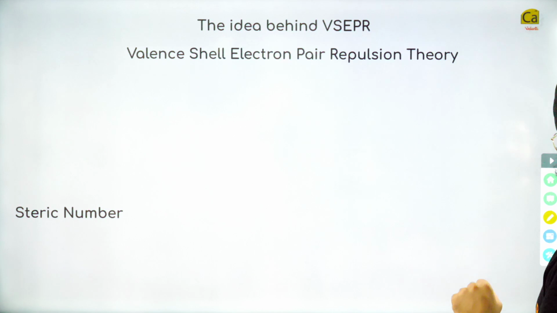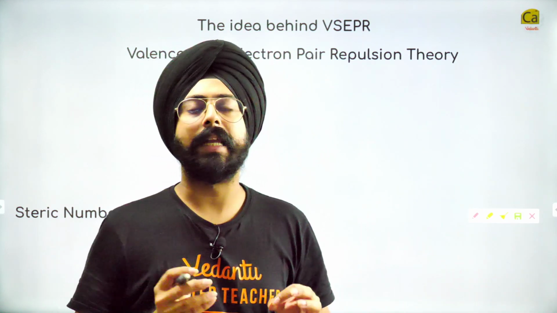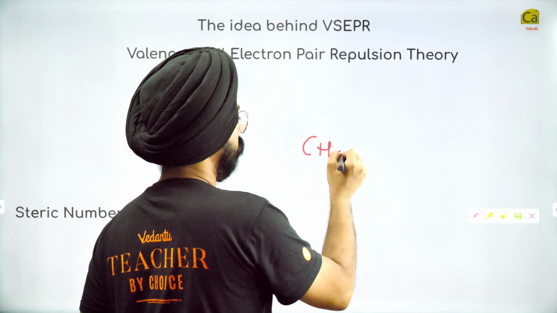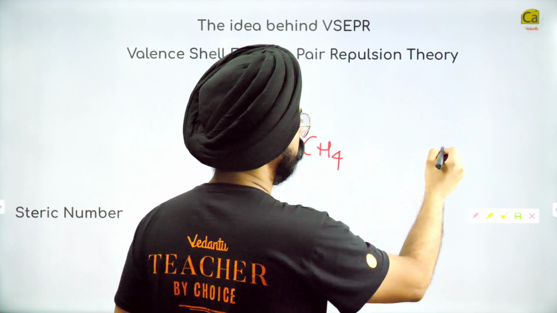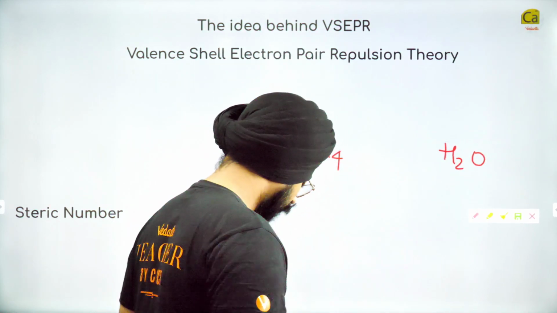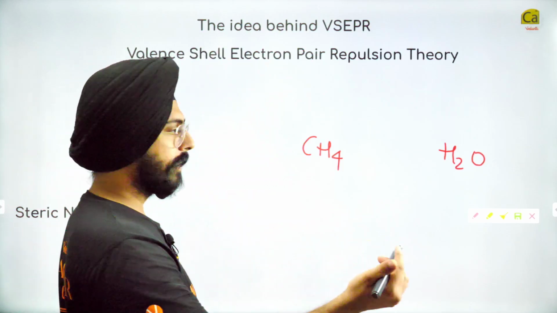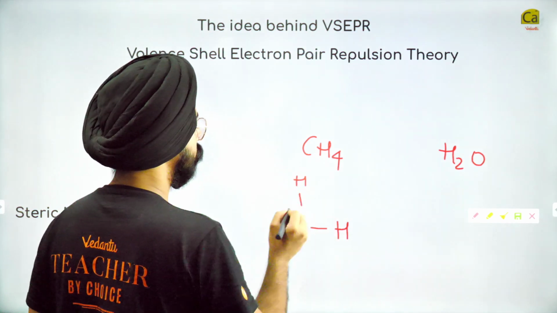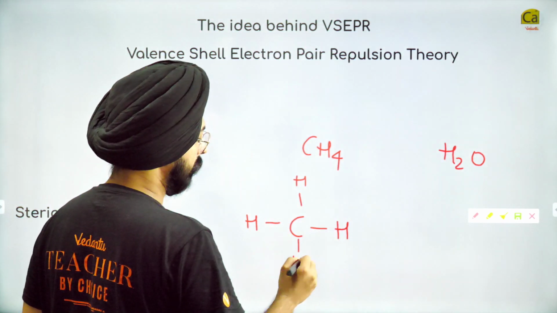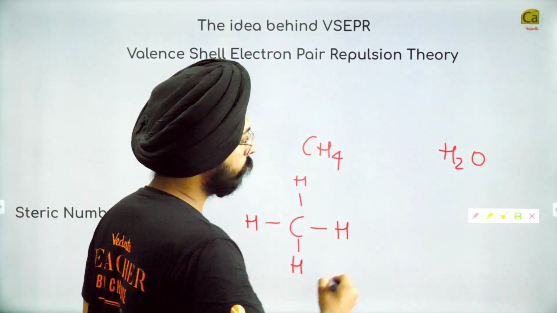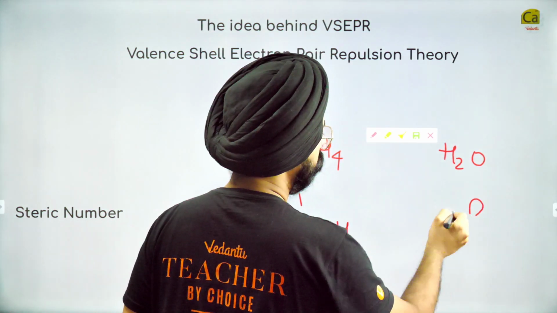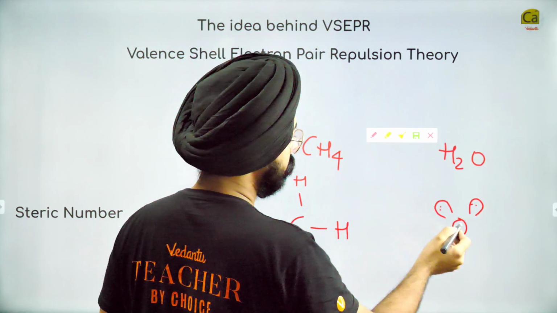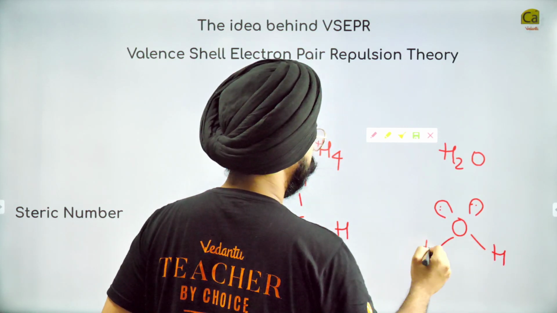See, it's a very simple idea. Let us think about any particular molecule. Let us think about, let's say, CH4. Or let us also think about water. In both of the cases, let us say that over here, carbon is the central atom. So can I write a structure like this? Just a simple Lewis structure without worrying about what the exact bond angles are. I can make this basic structure. For water, I can make two lone pairs. I am making lone pairs like Mickey Mouse ears just so that they are more visible. ठीक है, सिर्फ वो दिख जाए. That's why I'm making them like that.